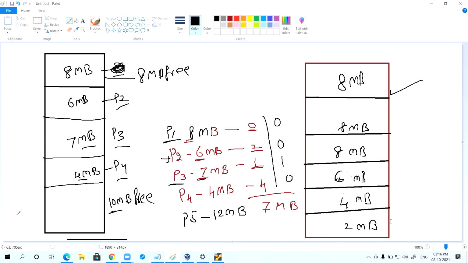Here there is no internal fragmentation. Internal fragmentation is solved, but a new problem has arisen, that is external fragmentation.